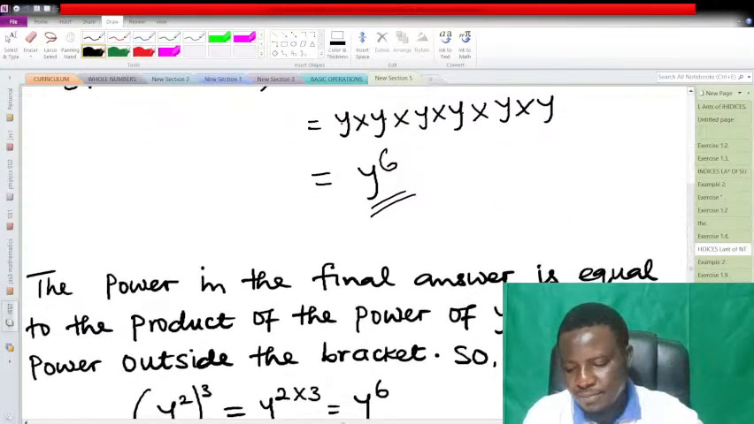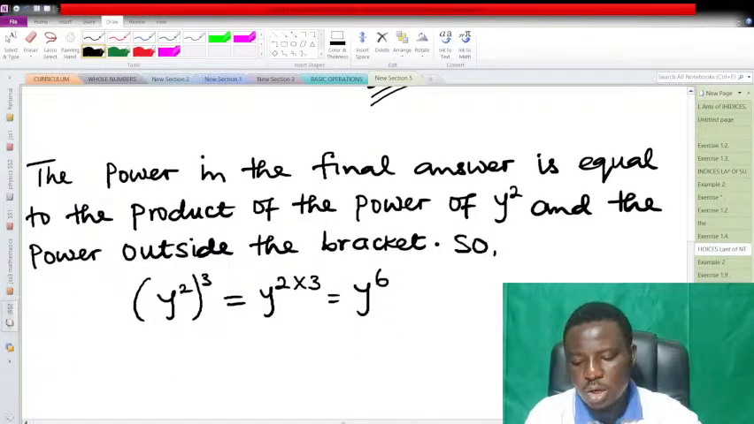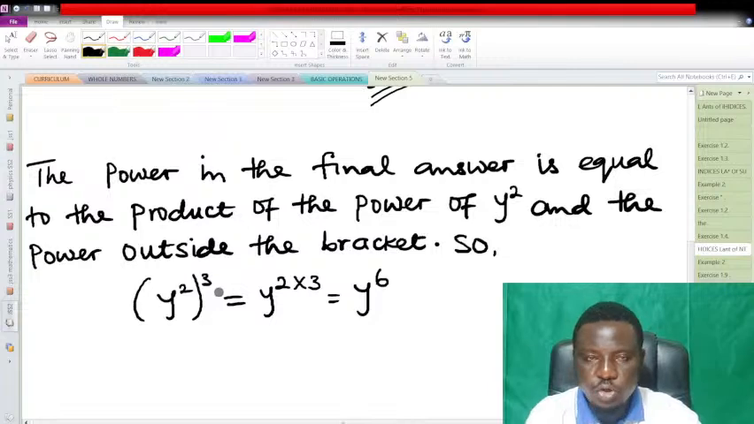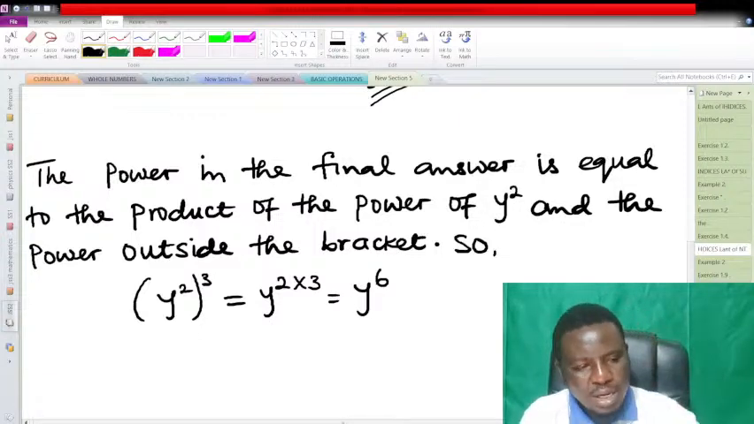So the power in the final answer is equal to the product of the power of y squared and the power outside the bracket, so that (y squared) cubed is equal to y raised to the power of 2 times 3, which is equal to y raised to the power of 6. Let's take another